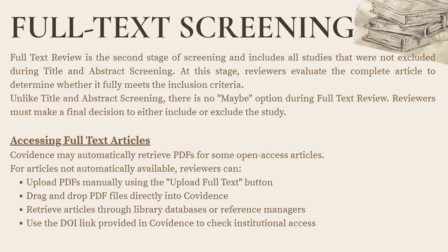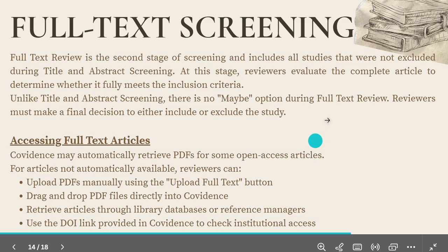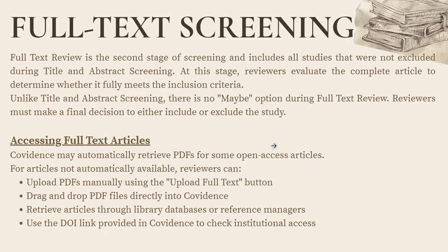Okay, and one of the things that usually happens with this stage is that sometimes you have to manually go and upload the full text. I feel like this was one of the things I struggled with for a bit, so I thought it is worth mentioning. We can simply drag and drop the PDF file directly to Covidence, and sometimes the DOI is already there in Covidence, so we can just click that. If the paper is not accessible to the public, you can go and download it through your institution library. Okay,